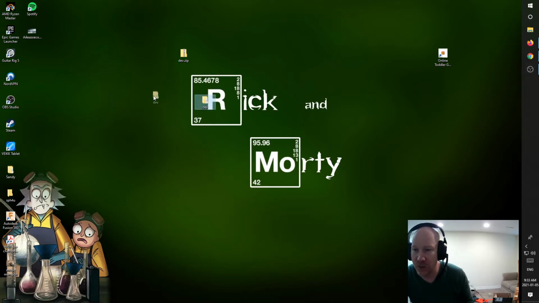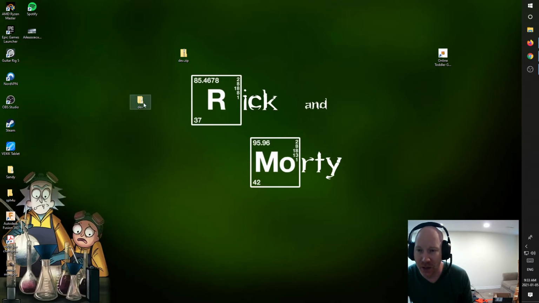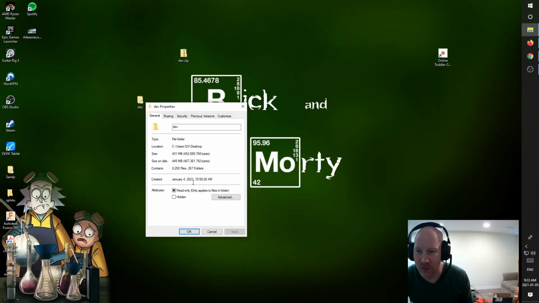For any of you having trouble running some projects, here's one issue that some people may have. If I go to the properties of this folder, you can see that it's inside of a location where there's no spaces in any of these folders. If you have some weird spaces in here, like maybe your name, Mr. Space for Zynga, and then your dev folder,